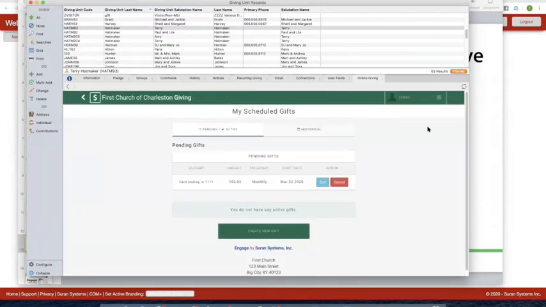This is you working in your giver's Engage account, either setting it up or modifying it. So let's just say you have a person